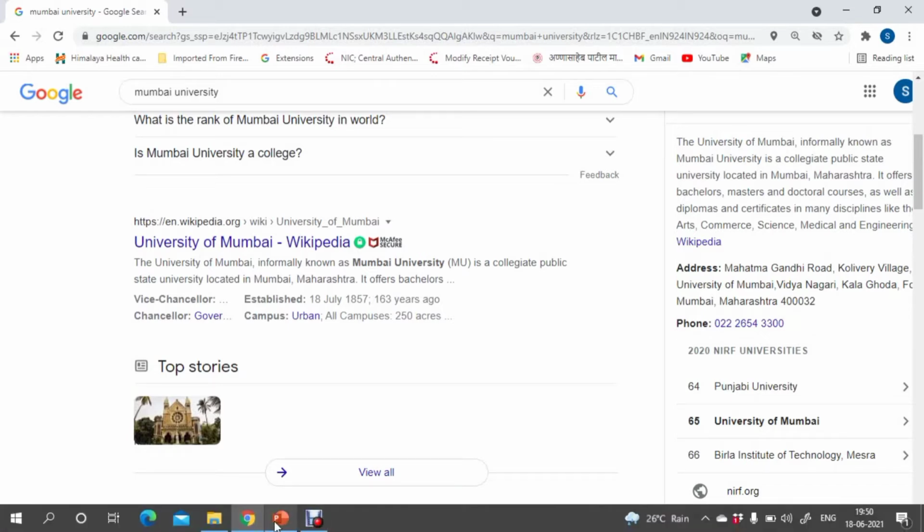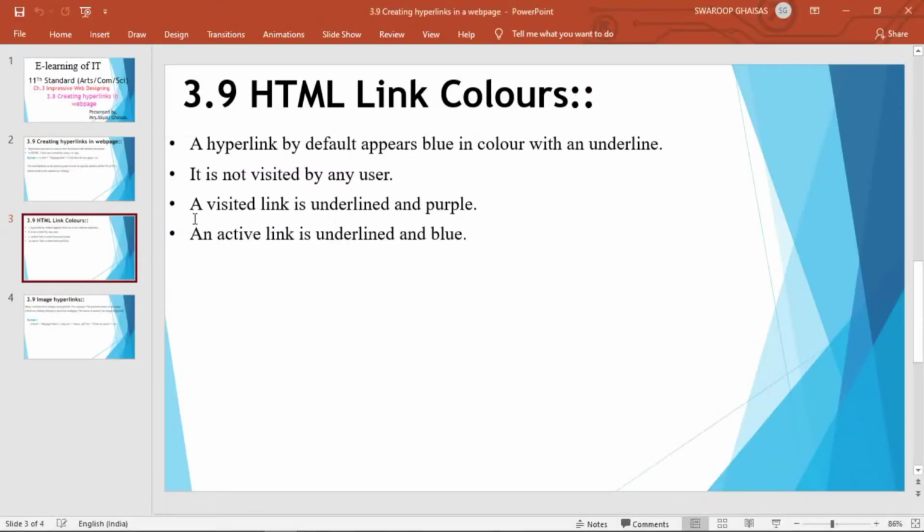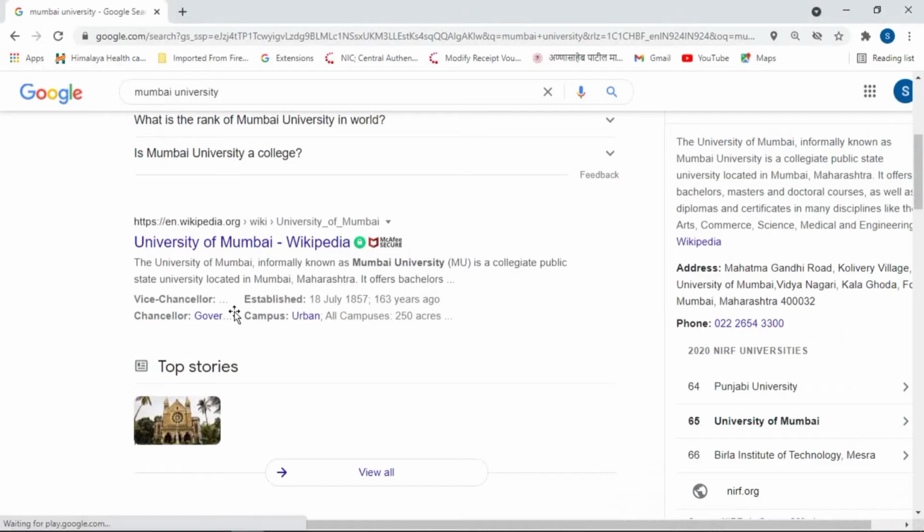Now, once you visit any such hyperlink, that color will change from blue to purple, and the visited link will appear underlined. Let us see here.